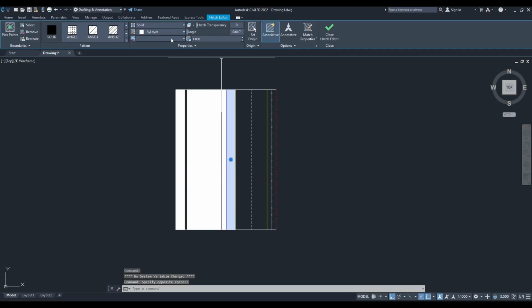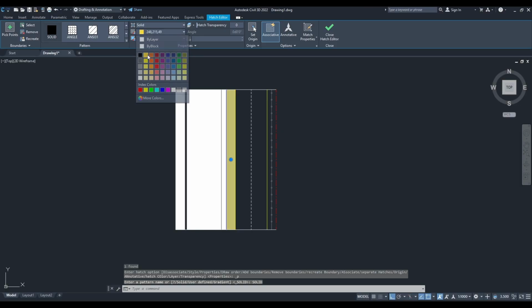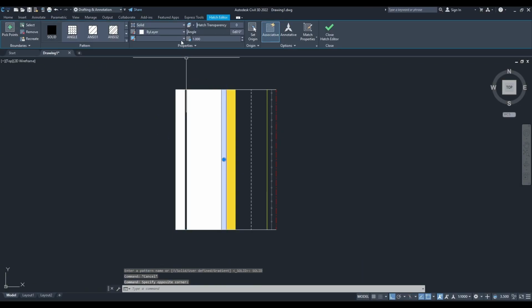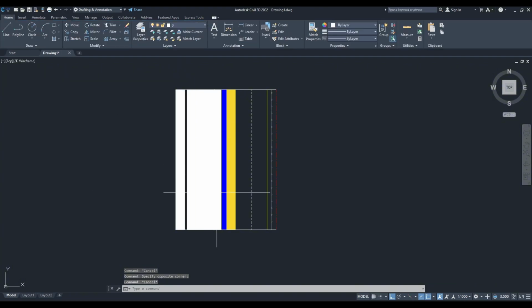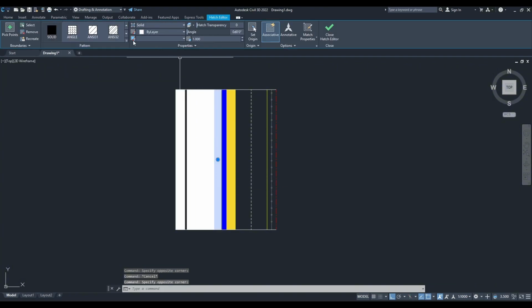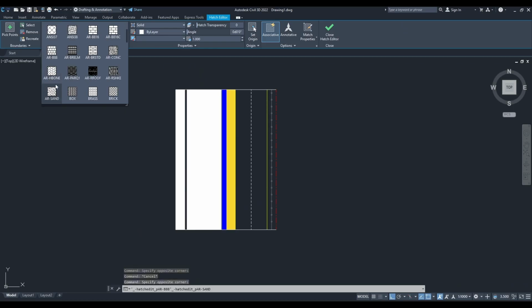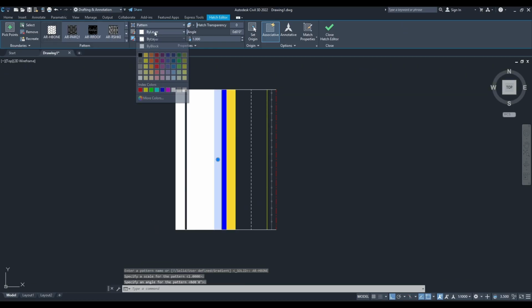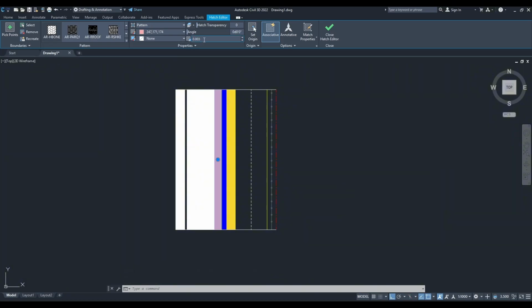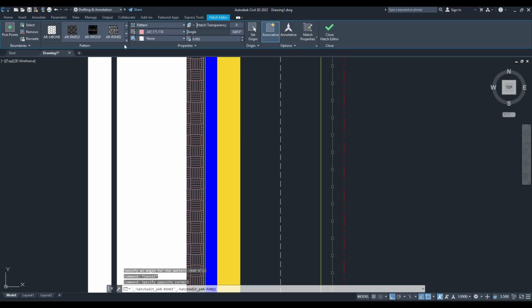Now select this part and make it yellow because it will represent the shoulder. This part, make it blue, it represents the margin line. This part, select the design to this and color to this and change its size to 003. Yes,